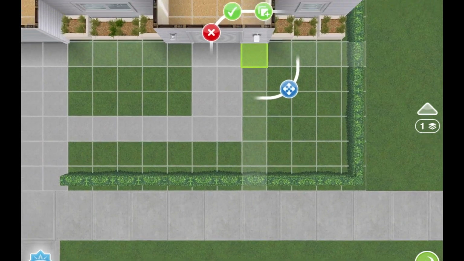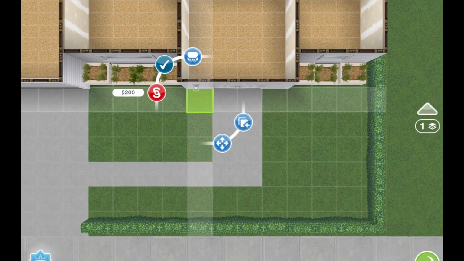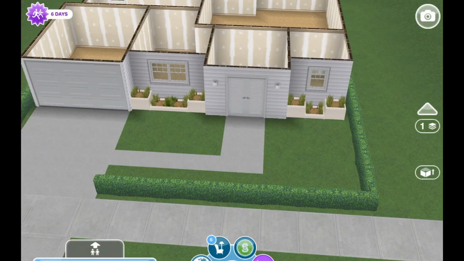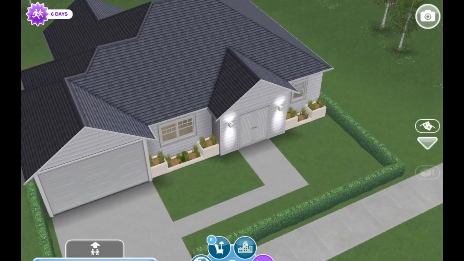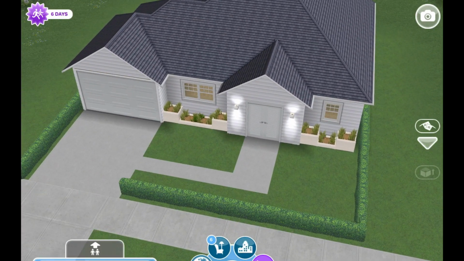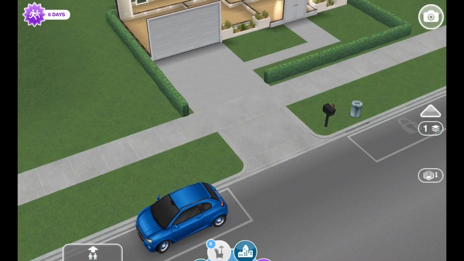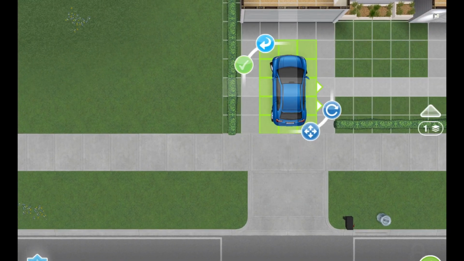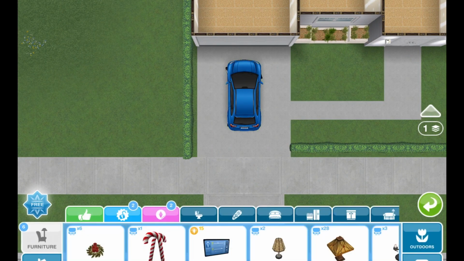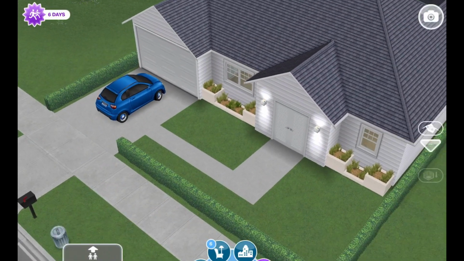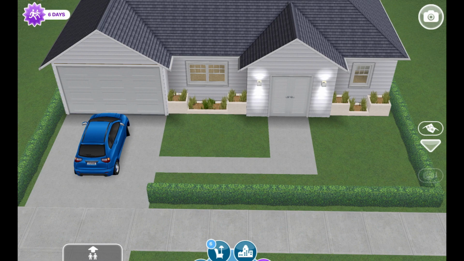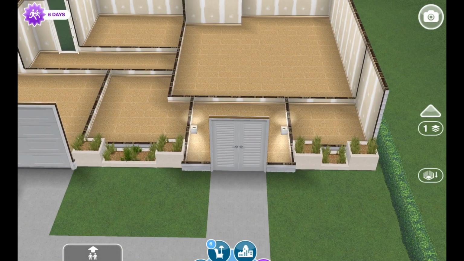If you guys notice, I tend to do the exterior of the home first before I do the interior. I don't know why. I guess if I don't like the way the house looks from the outside, I will not enjoy decorating the interior, and I will probably end up just demolishing it. That's just how I am. If I don't like something, I just end up demolishing it, and then I never